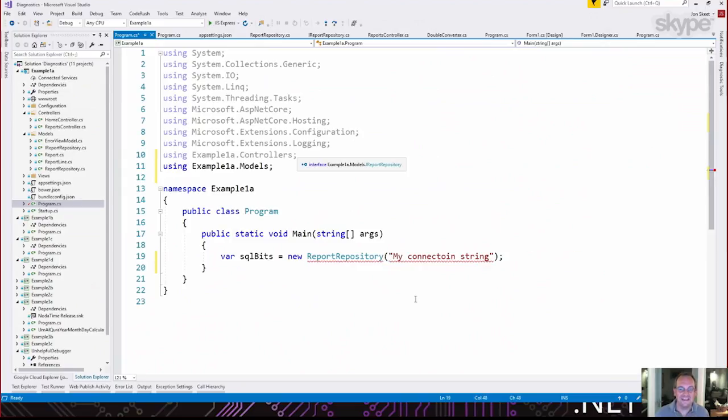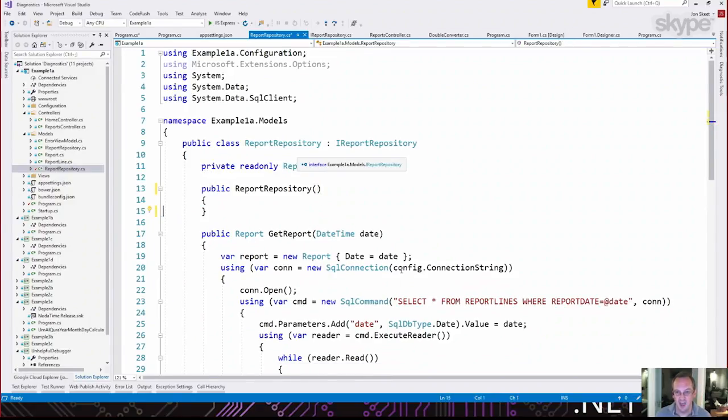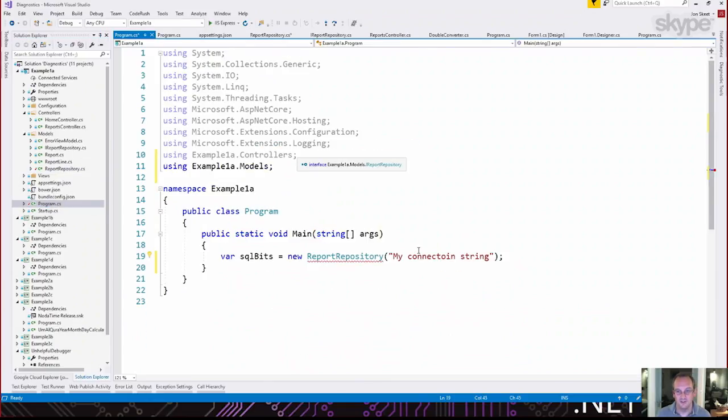But I can easily hack. In fact, do you know what? I can't even be bothered to create the report configuration. I will just get rid of my config and have connection string. And I'll remember that. In fact, blow it. Let's just make it a parameterless constructor, and I will hard code my connection string here. Okay. So now in program.cs, this sort of half zombie ASP.NET Core application, I can now just call SQL bits.getReport